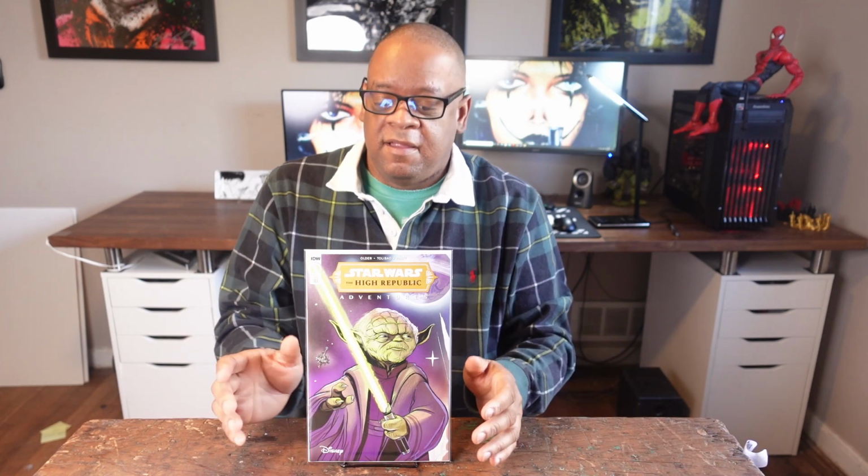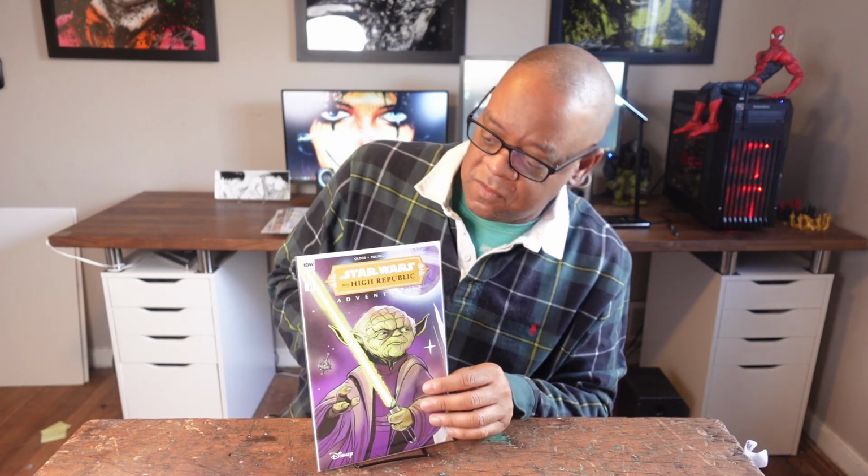So, there you go, guys. If you see this one, the regular issue, first print, or if you want to get the variant also, it's worth getting because these are characters we may see in the future, so I recommend it as a good spec